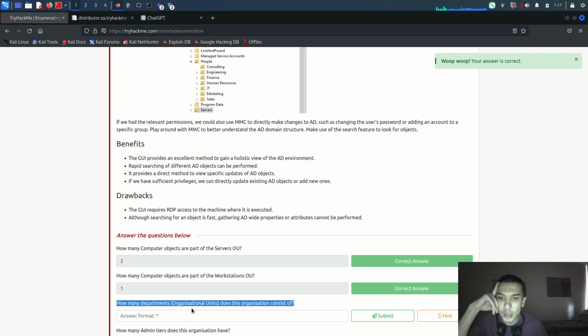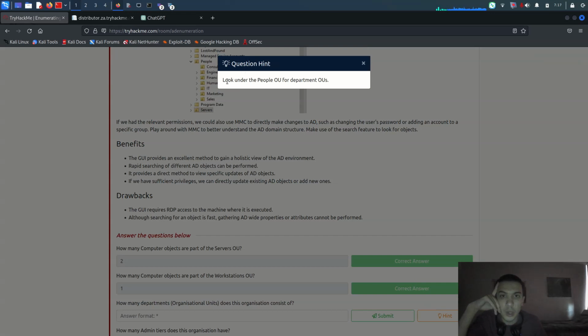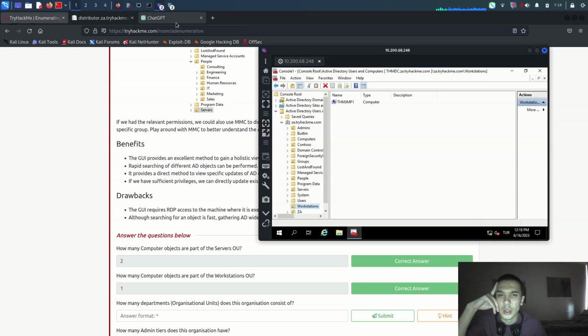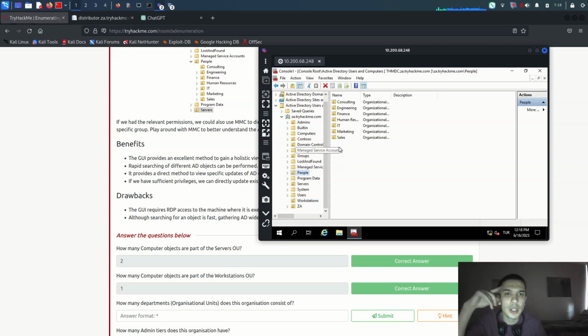How many department organizational units does the organization consist of? It gives a hint: look under the People organizational unit. Alright, let me go here. We have to check here, People. So it's giving us organizational groups: Sales, Marketing, IT, Human Resources, Finance, Engineering, and Consulting. There's now 7